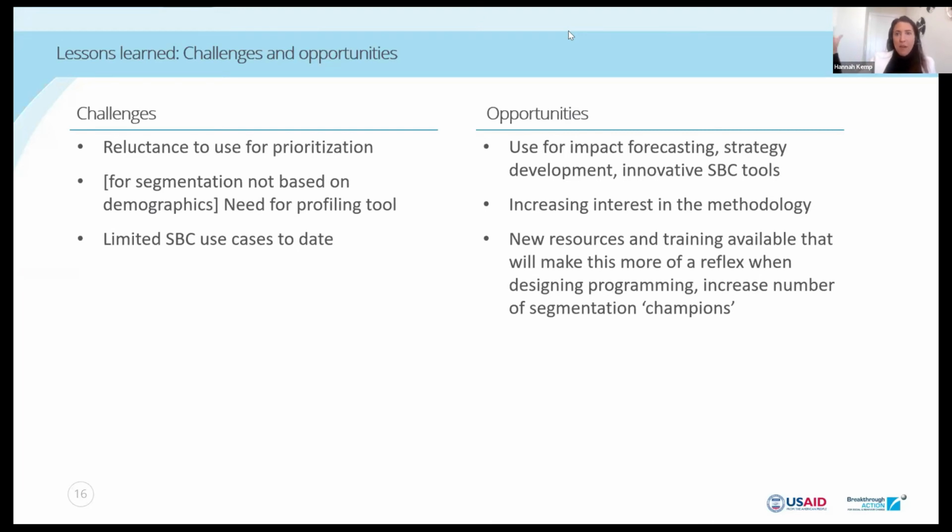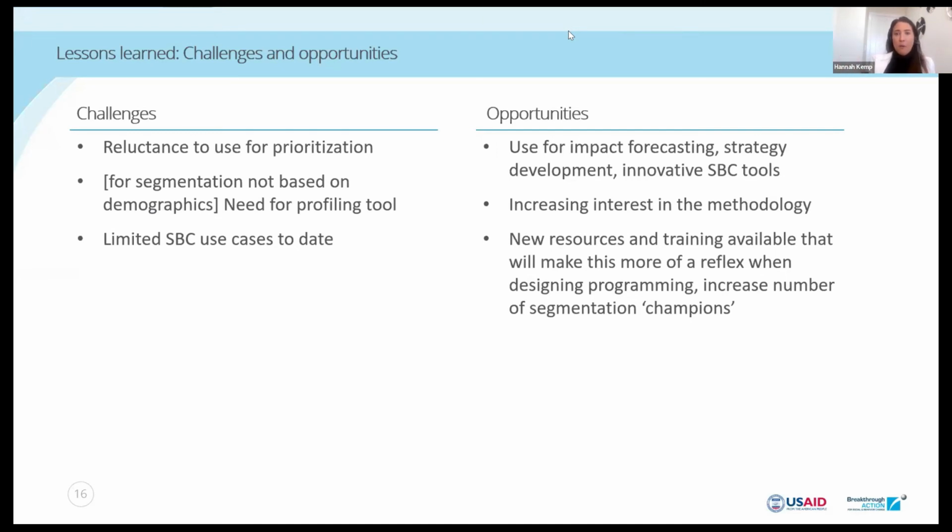I want to solve this problem, and with an understanding of what are my channels for intervention, how can I reach people, what is the universe of the things that we can do, so that when you develop your segmentation, it's actually implementable. When we've done our segmentations, we've actually taken a really iterative approach, bringing together our data scientists